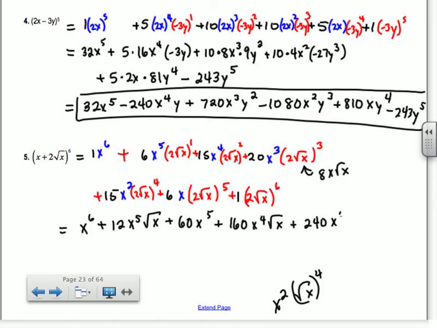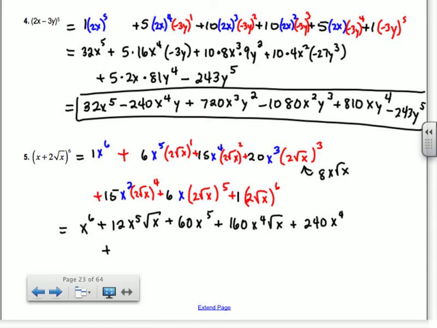Do you guys see the pattern with the x's? So it went x to the 6th, x to the 5th and an extra x. In other words, x to the 5 and 1/2. Do you guys remember square root is 1/2 power? And then it goes x to the 5th, and then 4.5, 4. It'll be 3.5, 3, and so on. Okay, so then plus